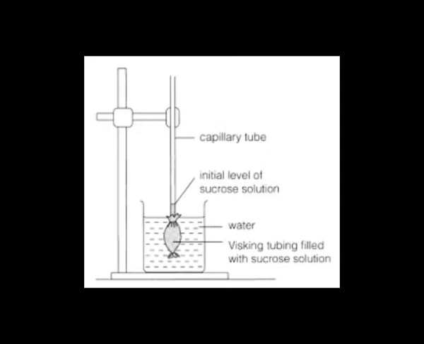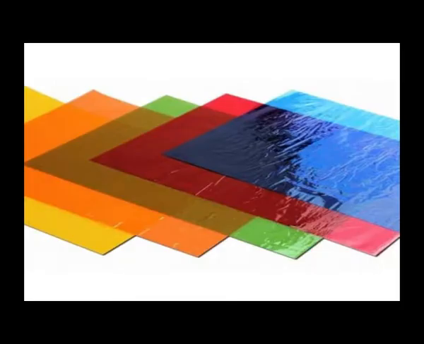What is it? See, there are two liquids of different concentrations. One is the sugar solution, which has a higher concentration of sugar molecules, whereas there may be fewer or no sugar molecules in the beaker. It's very important to understand that the concentration can be visualized from the side of the solvent. That is, there are more water molecules in the unit volume of the beaker than in the same volume of sugar solution in the Thistle funnel.